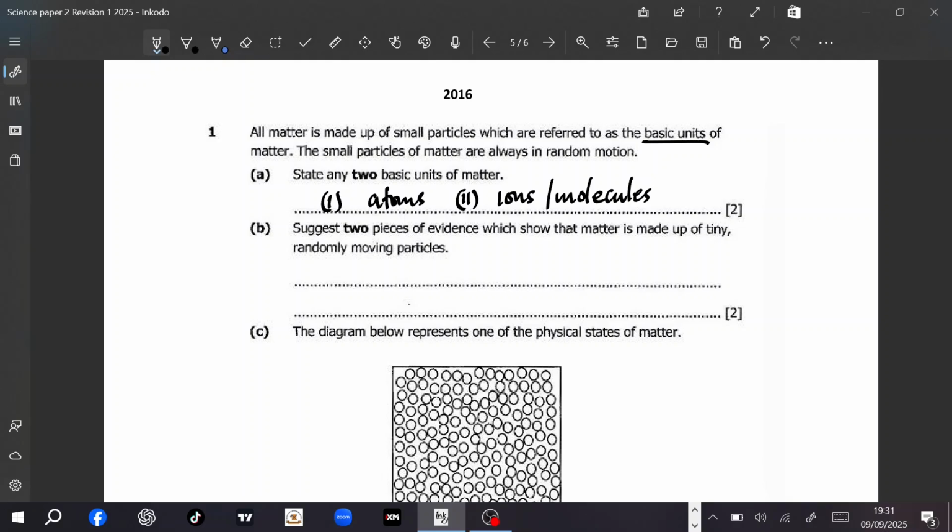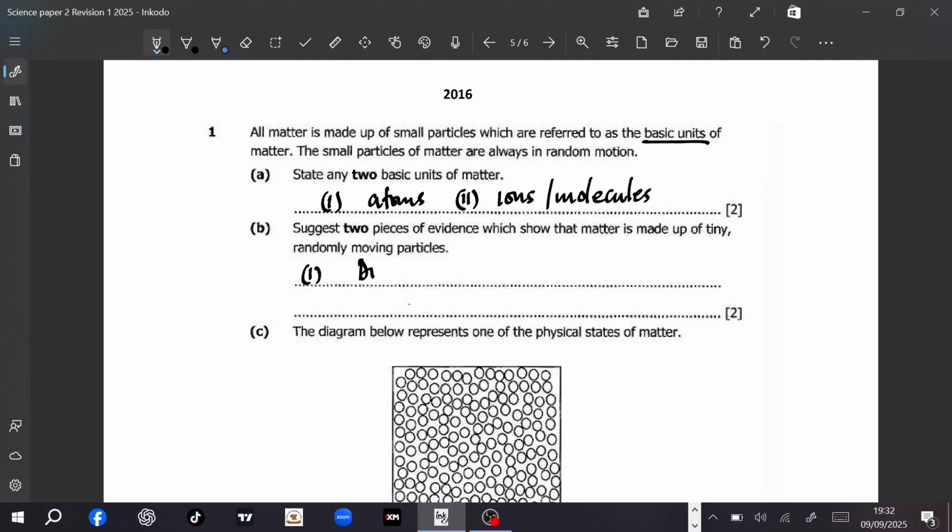This is just a theory from the kinetic theory of matter. Now, is there evidence which supports this theory? For you to come up with this theory, do you have any supporting evidence? So they're saying if you have, suggest two pieces of evidence which show that matter is made up of tiny, randomly moving particles. So the two pieces of evidence in support of this are: number one,